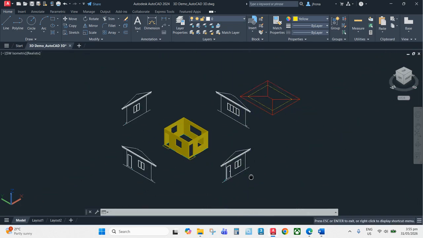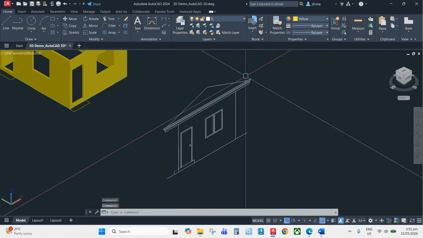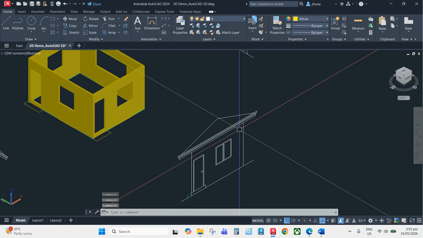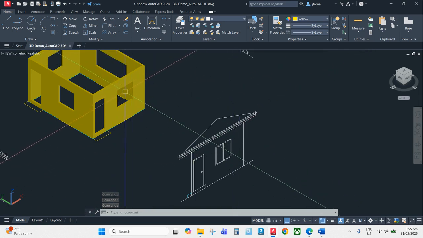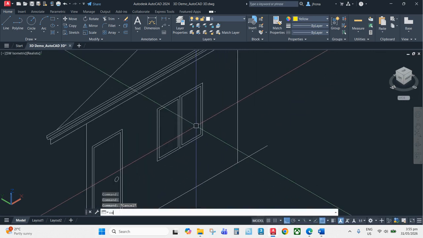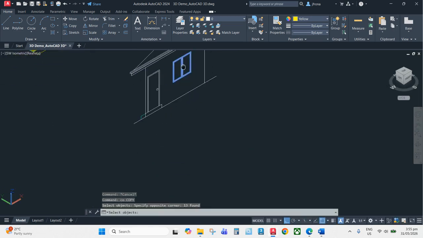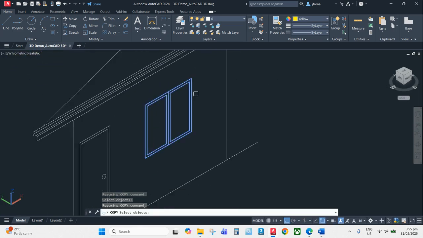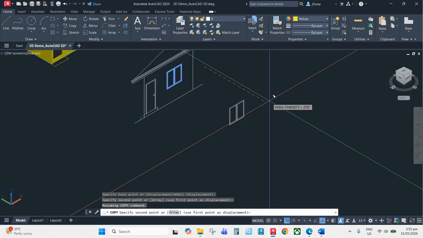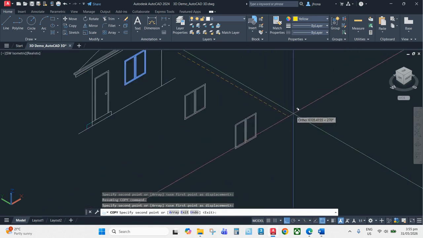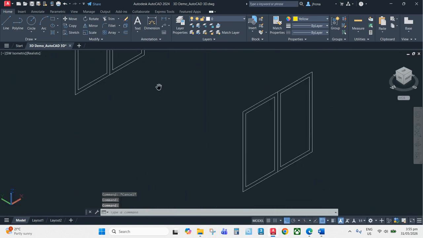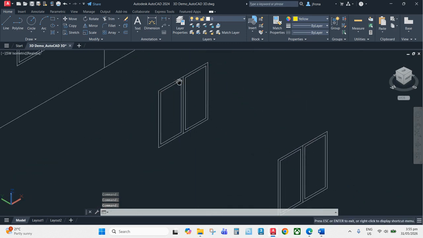So to start, we have here our elevations. As with how we did the openings of our walls, we're going to copy the details of our doors and windows. So for example, we're going to first copy this one for the door details. We're going to copy it two times because we have here the frame and then we have here the glass. So for the frame,